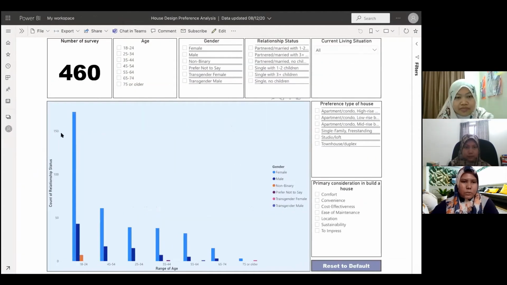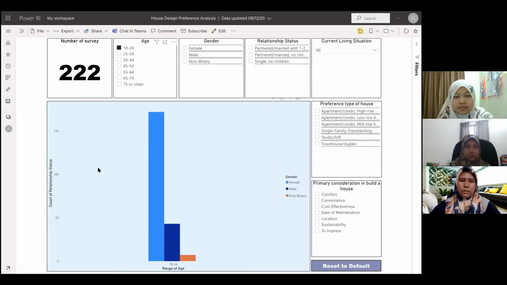Okay, this is our dashboard for this assignment. The main objective of our analysis is to formulate the desired accessory space, and also to describe the relationship between age, gender, and relationship status with the preferred type of house. For example, here I chose the age 18 to 24.